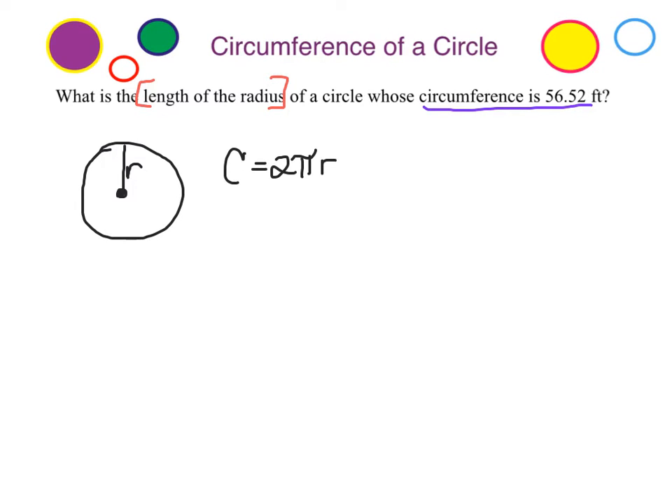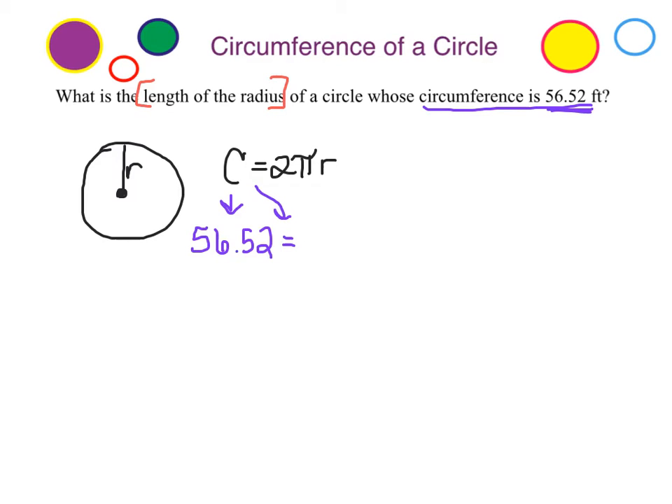From here with a formula, I can just plug in my numbers. Now though, instead of writing C, I know the circumference. The circumference is 56.52. So instead of writing the variable C, I'm going to write what it is. The circumference is 56.52 feet. Follow the formula. This circumference